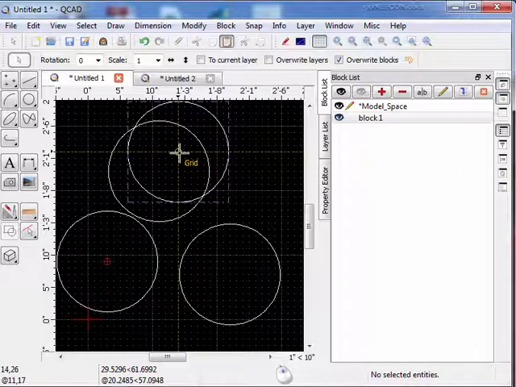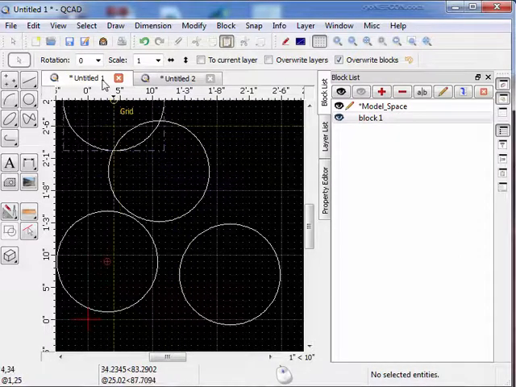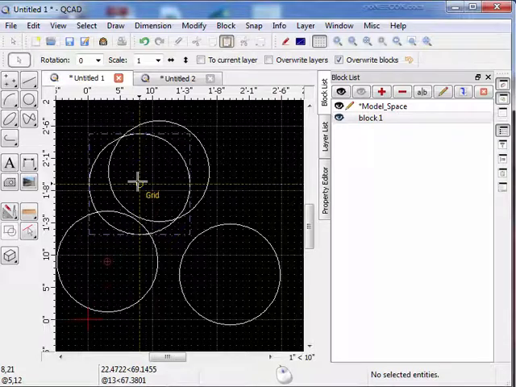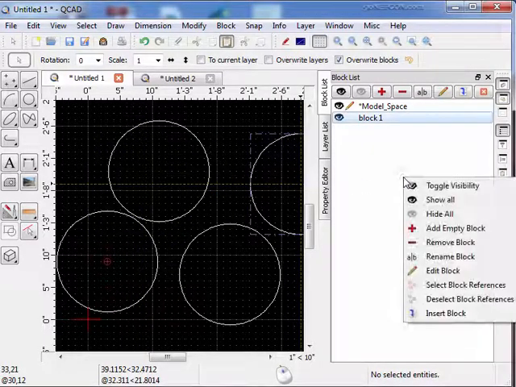I won't let you do it. It reverts back to the drawing 1 block 1. So I hope this clarifies a few things for you. Yes, you can copy and paste